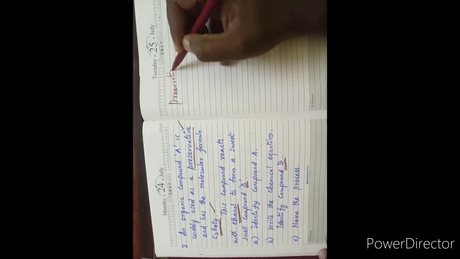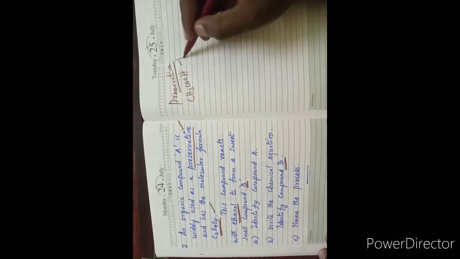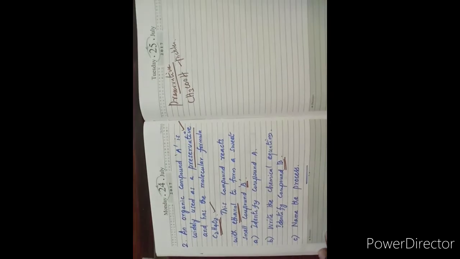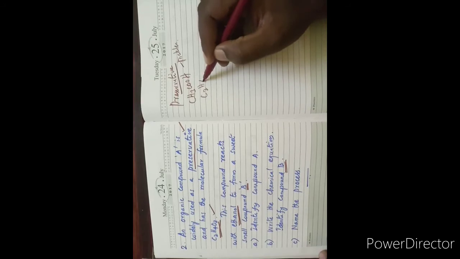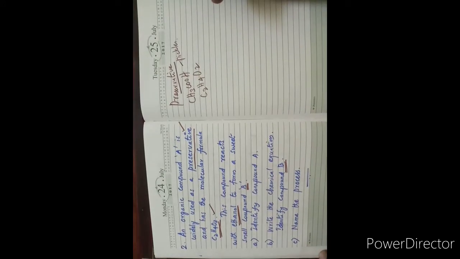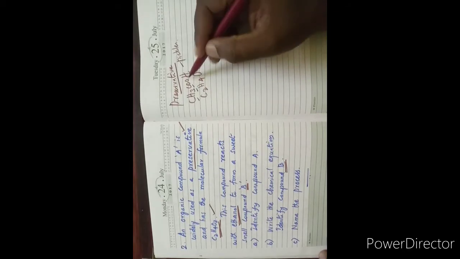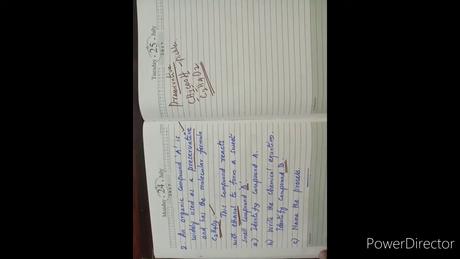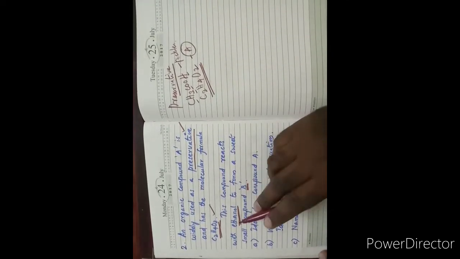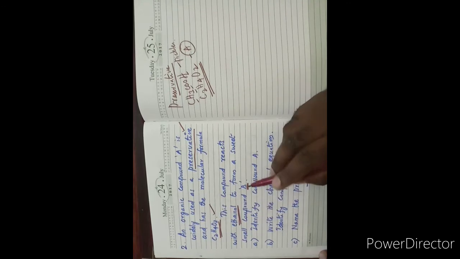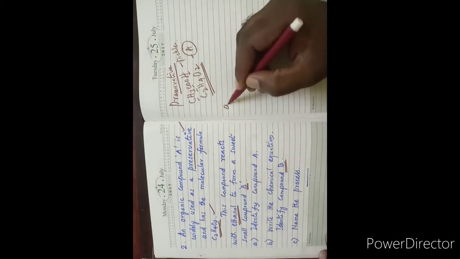So let us go for a preservative. Preservative means we are using ethanoic acid as a preservative in pickles. So it is the first clue. Second, its molecular formula should be this one, C2, H4 is okay, and O2. So our guess is correct. So this is compound A. What will happen when it reacts with ethanol to form compound B? Then naming the process is the third question. Let me answer the first question.